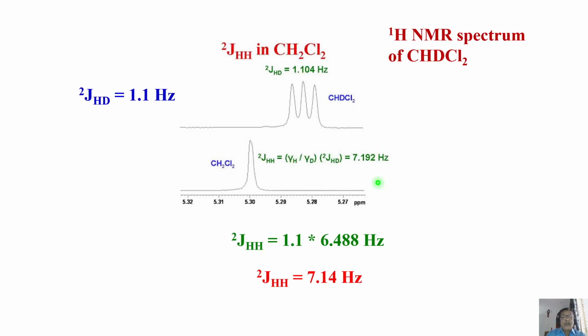So we know that in systems where we have magnetic equivalence, we will be able to get HH coupling, which is invisible in the proton spectrum, by using either carbon-13 satellites or making isotopic substitution, and we see the HD coupling, and from that we can get HH coupling. This is all well known. Okay. Now